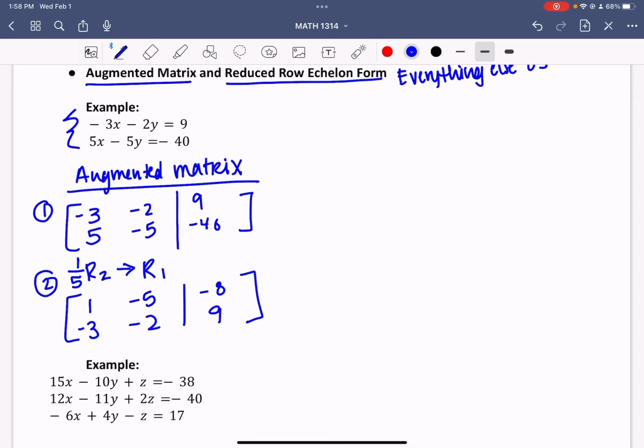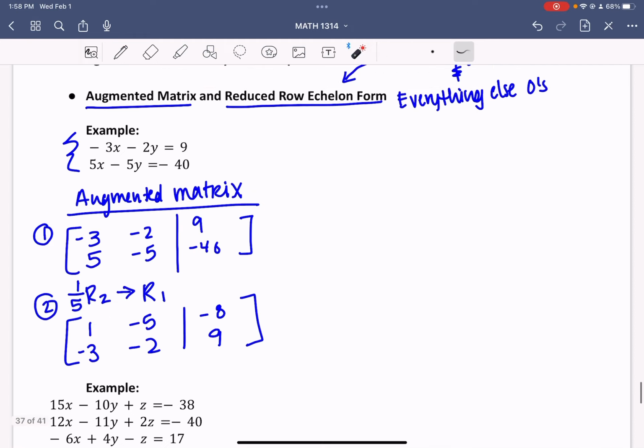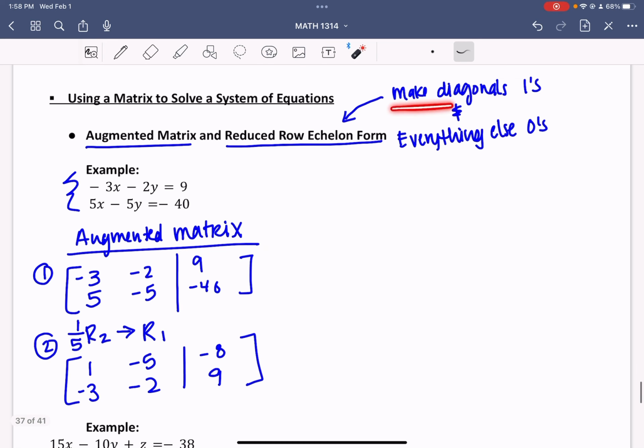So I still have both equations from the system, but I've divided everything in that second row by 5 and then moved it up to the top and interchanged those rows. My goal in doing that was that I could create a 1 right here. When you're looking at row echelon form, our goal is to create diagonals of 1 values. So now that I have this 1 right here, I'm going to work to create another 1 along the diagonal